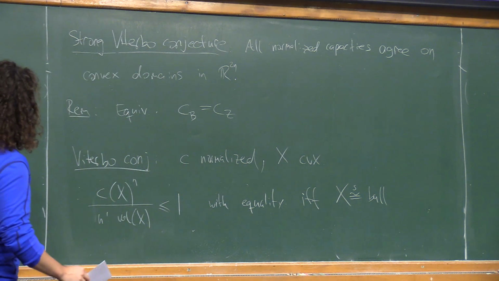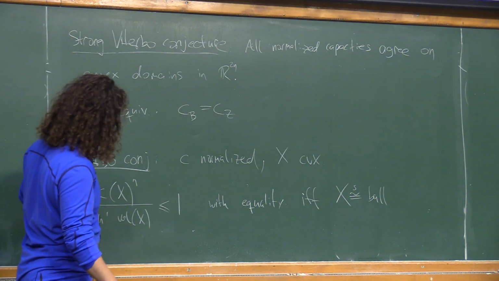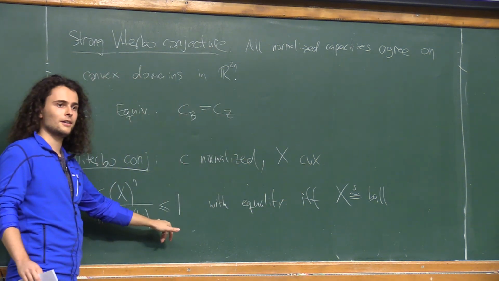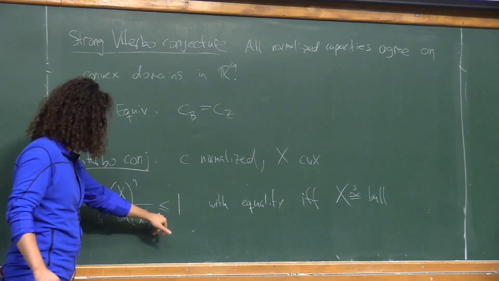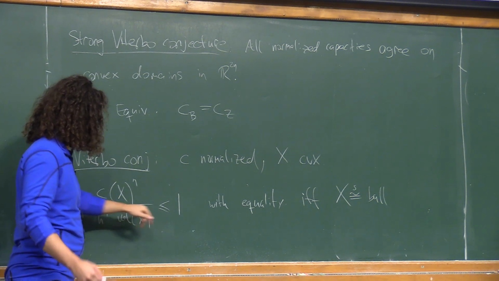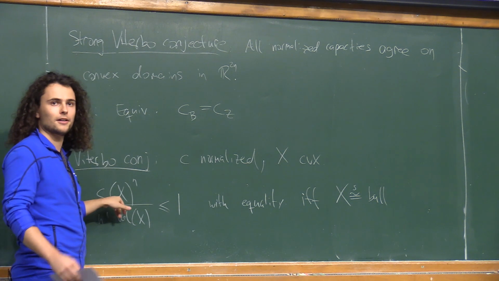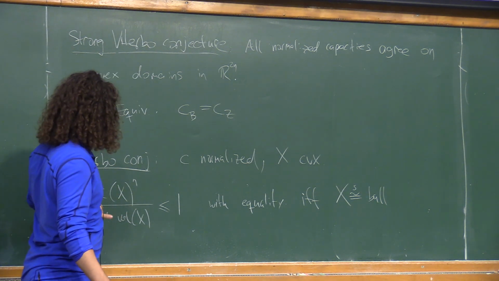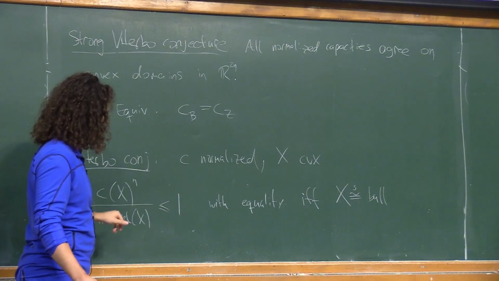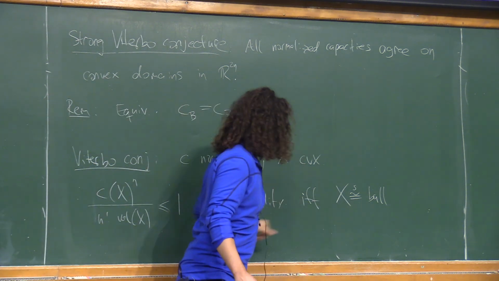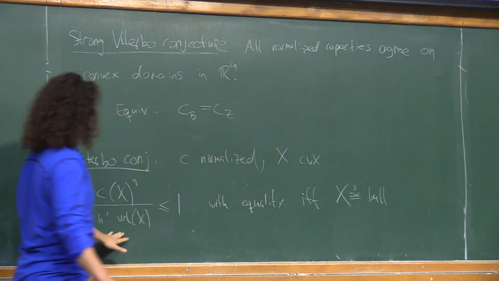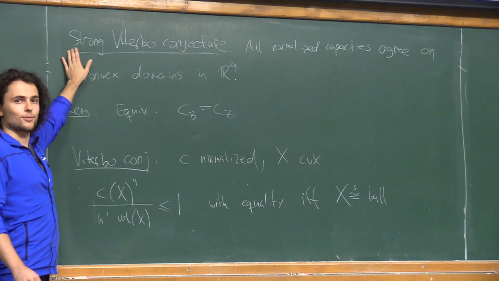So maybe I should remark that this conjecture doesn't quite imply this full statement. So it implies this first inequality, simply because this inequality is true for the ball capacity simply by the volume obstruction. And then if all capacities agree, then it must be true for all normalized capacities. The second part, it's not quite clear how it immediately follows from this conjecture, but at least the first one does, and that's maybe the reason for this terminology here.